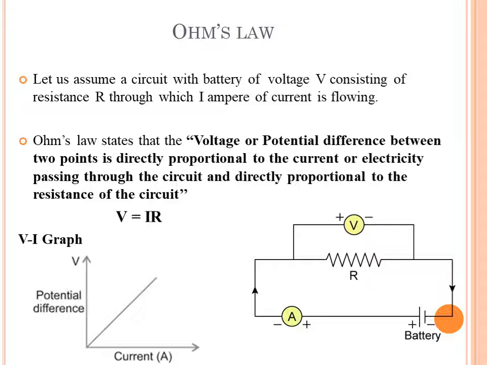And the formula of it is V is equal to IR. We can see in the VI graph also it's a straight line. So V is equal to IR and slope gives the R value, that is the resistance value. So by this formula, if V is given and I is given, we can calculate R. If R is given, I is given, we can calculate V. If V is given, R is given, we can calculate I. So if any one is missing, we can calculate by means of Ohm's law. So this is a very important formula and a very important statement that you should know, and even the graph.